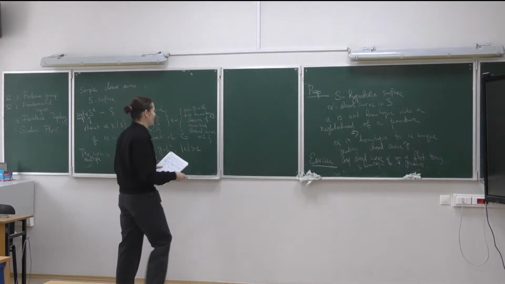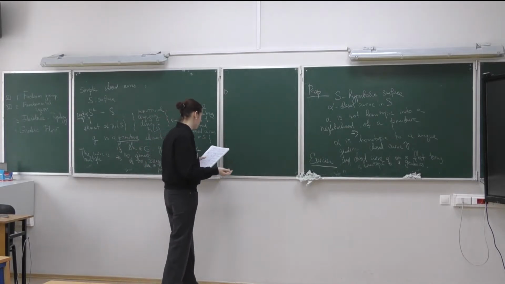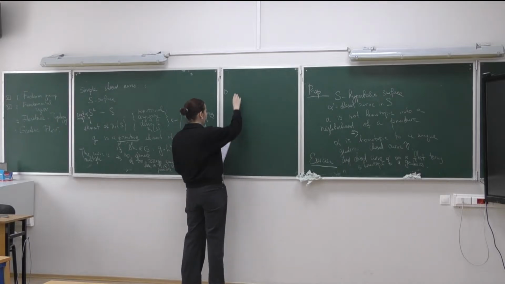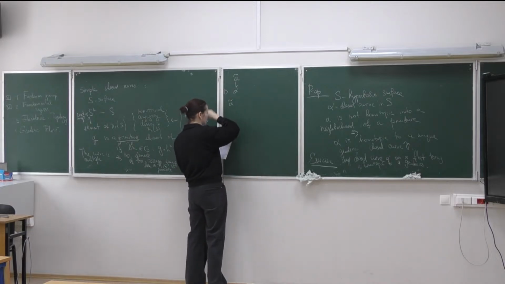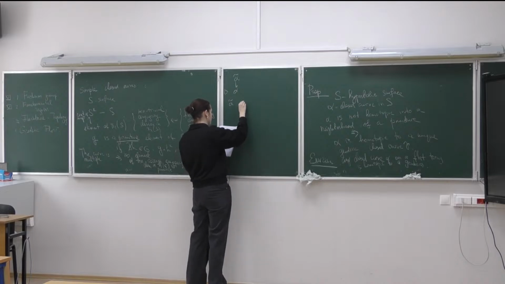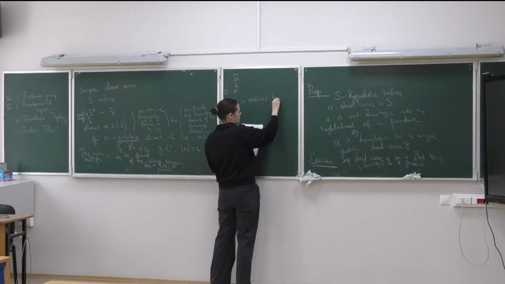Да. So, why it should be proof? It's kind of a sketch of the proof. So we have alpha, and we can consider its lift in H. And now we say that this alpha wave is stabilized by some element